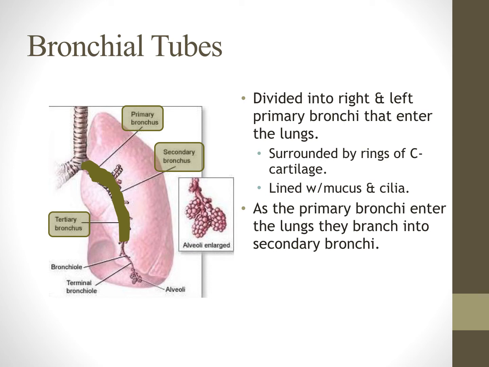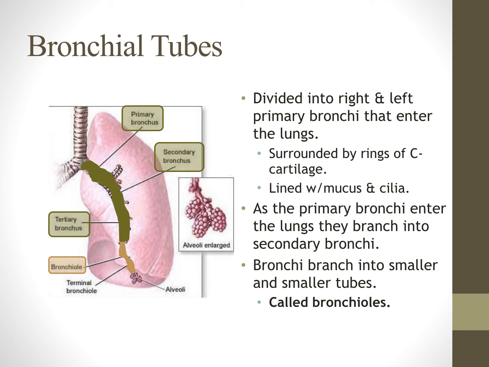The way I would like to explain this is these are like branches on a tree. You've got the trunk, and then you've got those really big branches that grow off of the trunk. But then on those individual branches, you might see additional extensions. These secondary bronchi are those additional extensions. Your bronchi will continue, in fact, to branch into smaller and smaller tubes until we get the smallest possible piece,